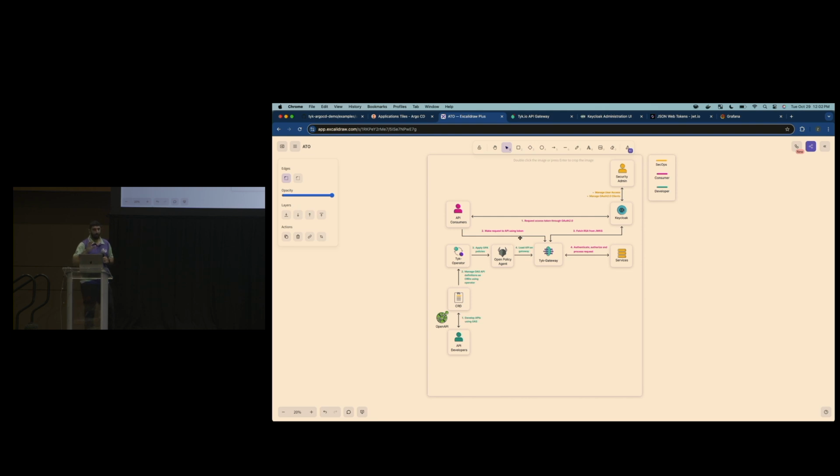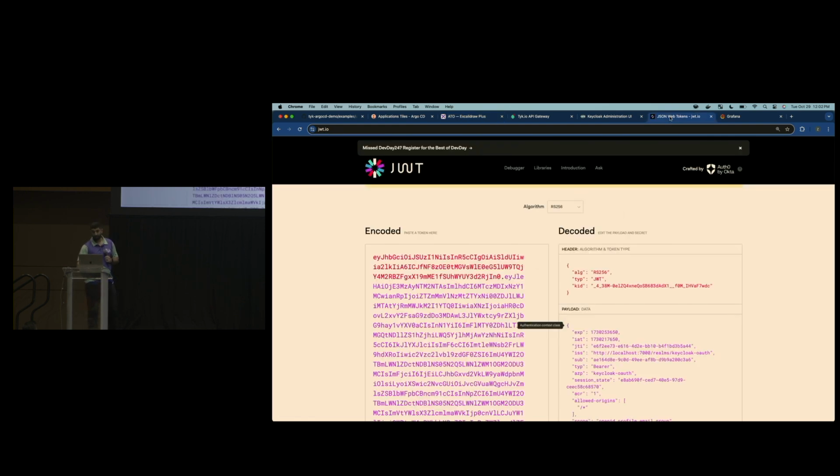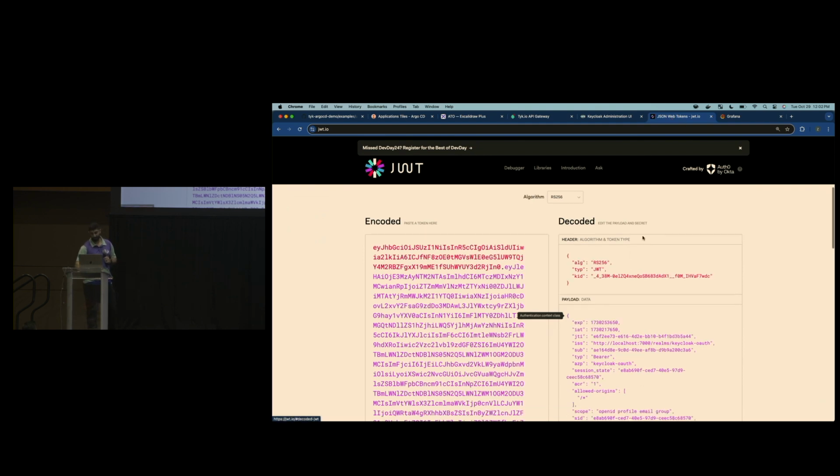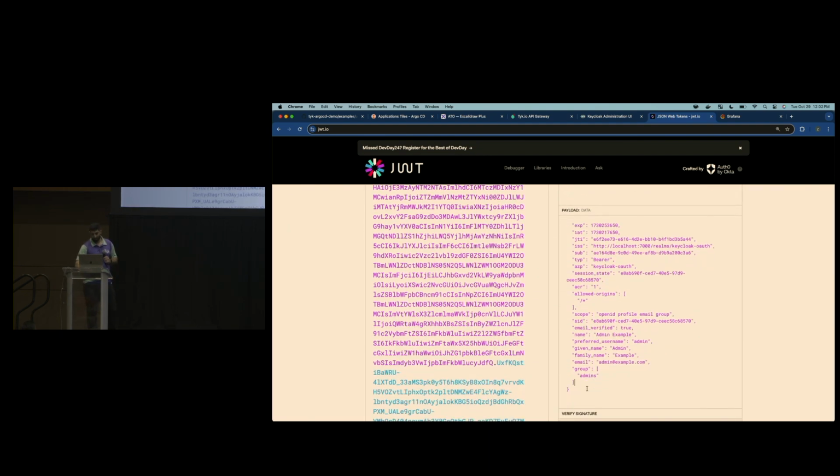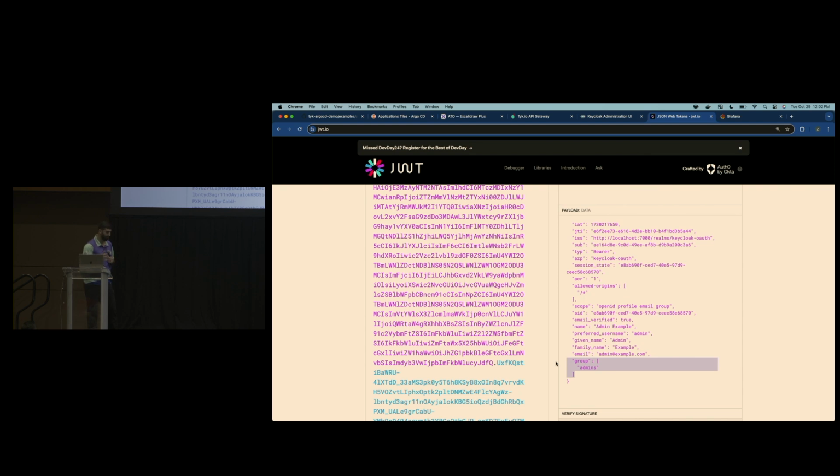So with this user's API, what we did was we gave anybody that has access to Keycloak or that can generate a JWT access to our entire API. Now, what happens if you want to segregate that further? There is a reason why I pulled this JWT aside, and that is because I wanted to show you this field at the end. So the group field is something that I added. It's a custom scope. You can do that through Keycloak. And what I'm doing here is I'm injecting that value in here.